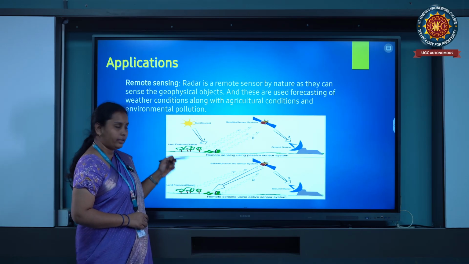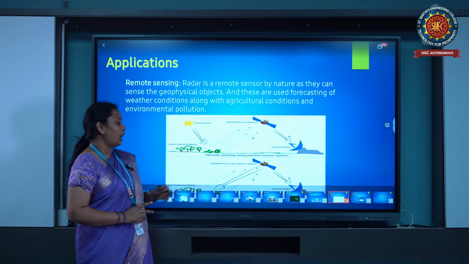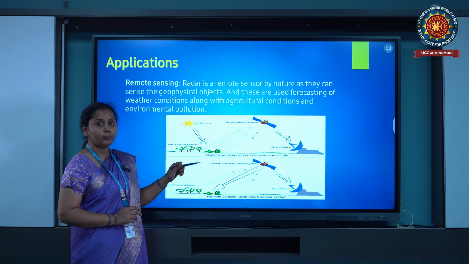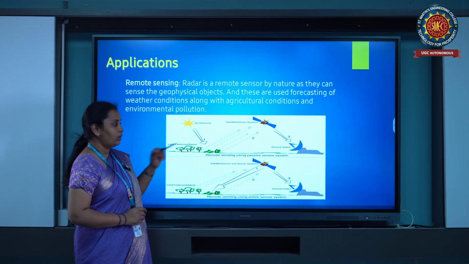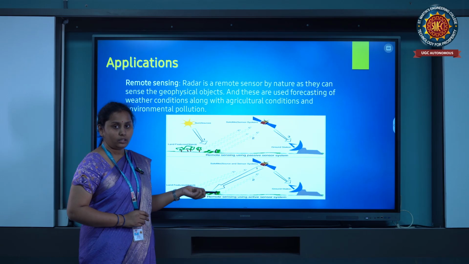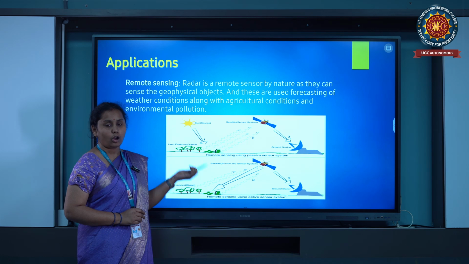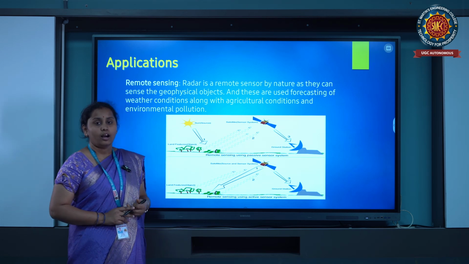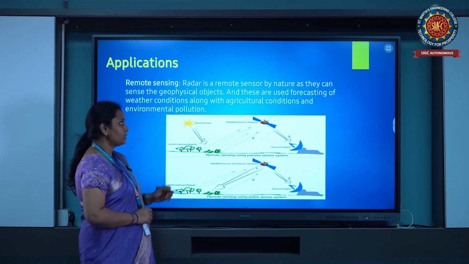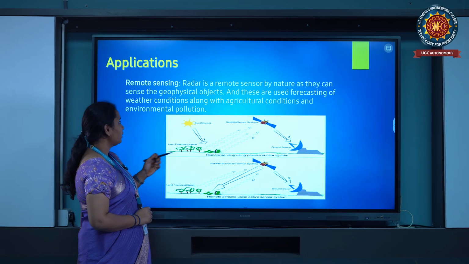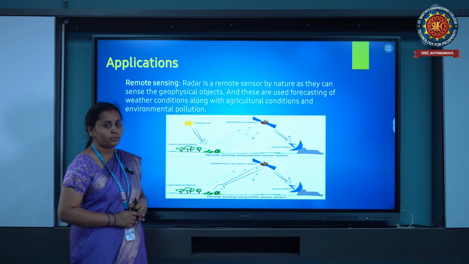That means the trees, agriculture fields, the land, how much land is agricultural, how much forest is there, how much land is there for cultivation, and how much desert area is there. We can know these by these sensor systems, and they are used for forecasting weather conditions, along with agricultural conditions and environmental pollution.